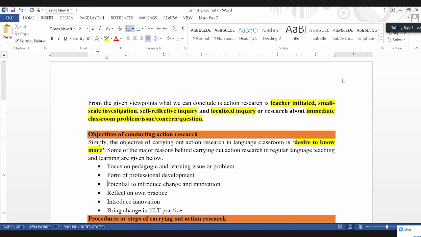Form of professional development. Professional development, yesterday we defined, is the process of gaining new knowledge, new experience, new skill, developing our behavior. This is what we discussed yesterday as professional development. When a teacher conducts action research, he or she gains or develops new understanding, new knowledge will be built. Then this is a professional development tool. Action research is one tool, one strategy, one way of